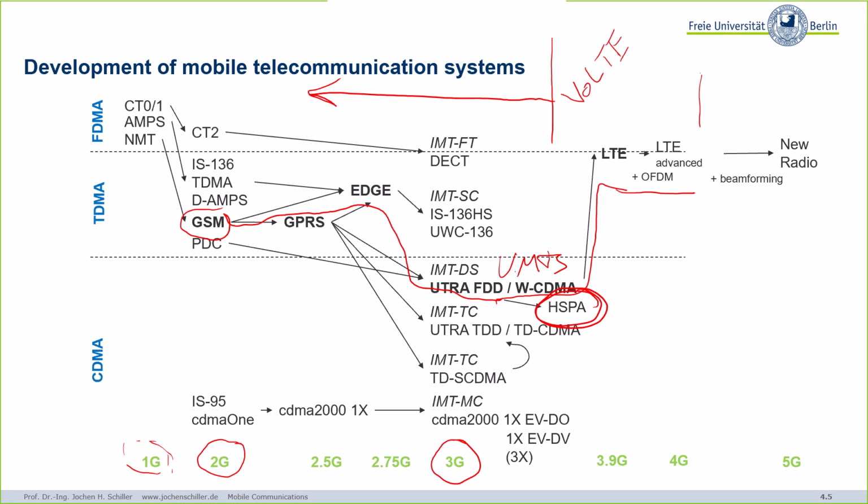But this will be sooner or later completely replaced by voice over LTE. And as soon as everyone can use voice over LTE, basically you can then switch off the 2G and the 3G networks. But again, there are many applications that still use the classical 2G SMS system, machine control, etc.